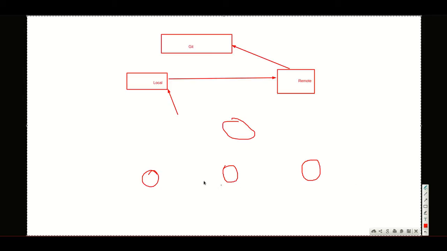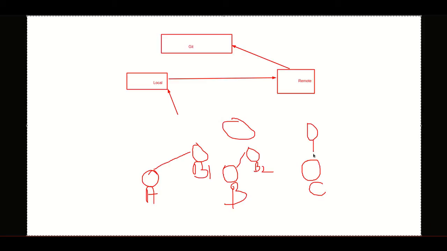Like your name is A, this is B, and this is C. A pushes to branch B1, B pushes to branch B2, and C pushes to branch B3.